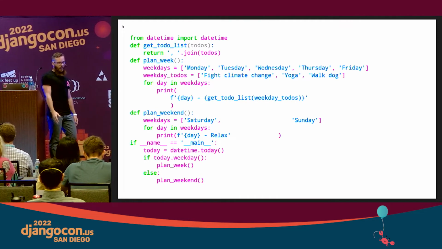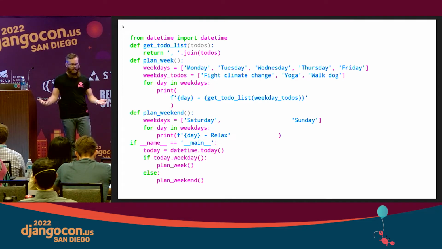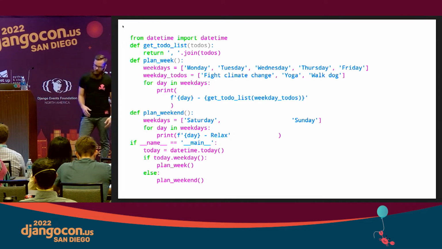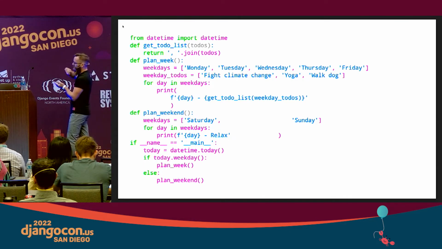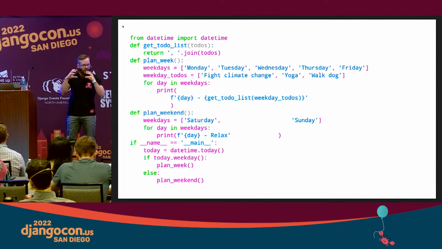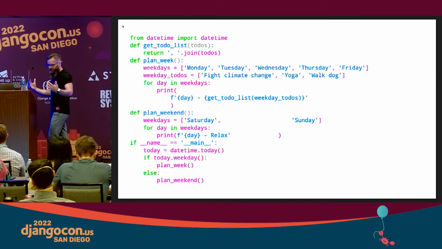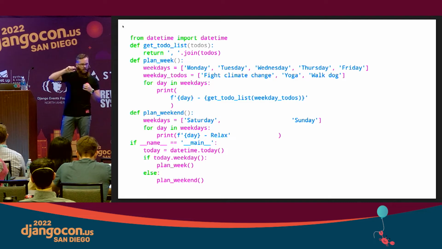So the easiest way to describe what Black does is to actually just see what it does. The details of this code aren't super important, but let's just say that I was planning my week and my weekends, and you can see all this code is kind of squished together. There's a bunch of whitespace between the word Saturday and Sunday. It's just kind of hard to read. I feel like everything is just condensed. I always tell people on my team that whitespace is free and we should use more of it. So let's open things up a little bit, break things up into little logical chunks so that you can more easily read the code.